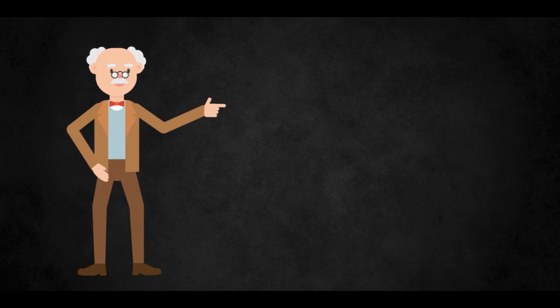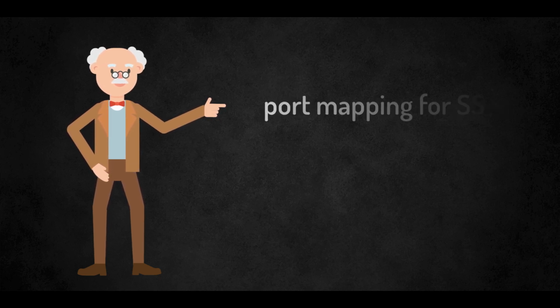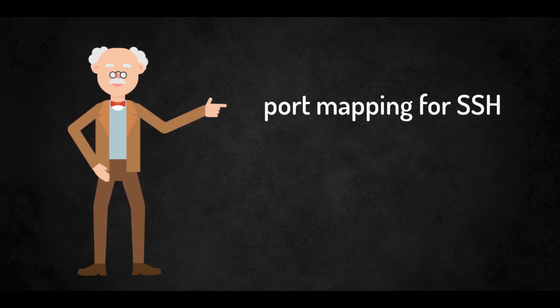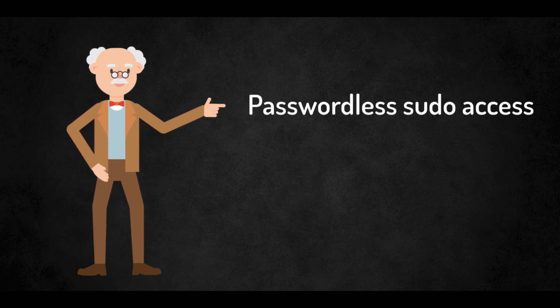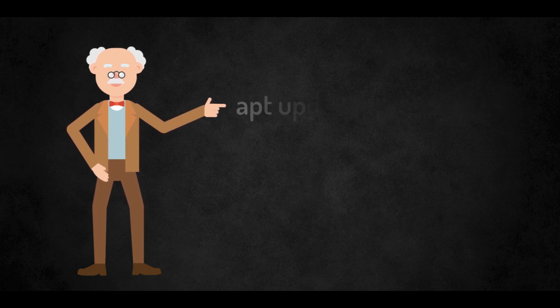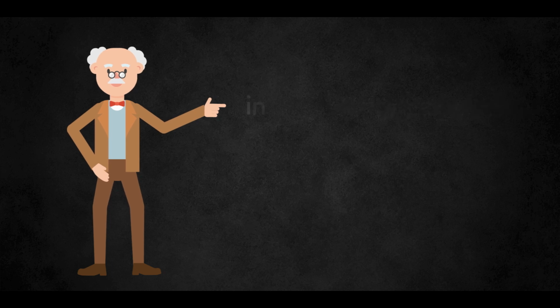Now let's just summarize what we've looked at. Now, of course, we had to install our minimal Ubuntu server. And once we had done the install, we configured port mapping within VirtualBox to allow us to log in via SSH. Having logged in via SSH, we can configure sudo privileges so the Vagrant user doesn't need to add a password when elevating privileges. We can then run our apt update and apt upgrade, rebooting just in case any of our kernel elements were updated.